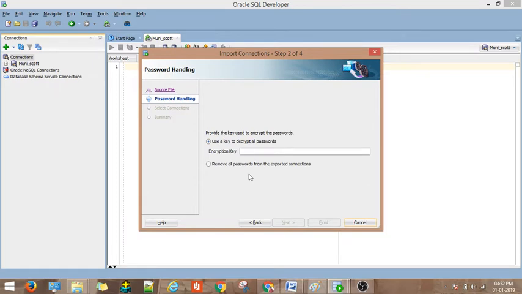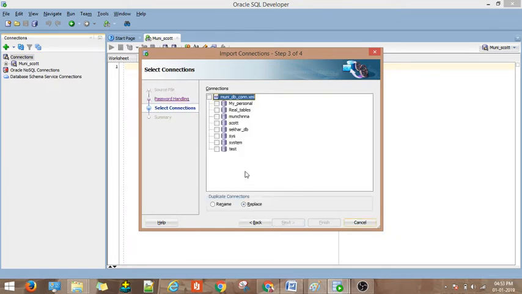Sometimes they have already given an encrypted key like a password. If I am opening a file, they have already given a protected password. So here I have been given a protected password, and I am using that one. And next, that XML file has this many connections.